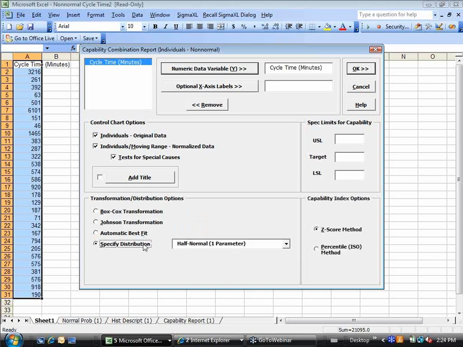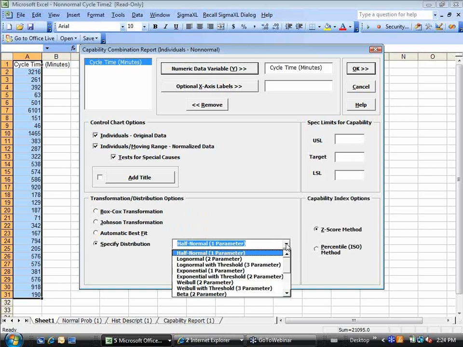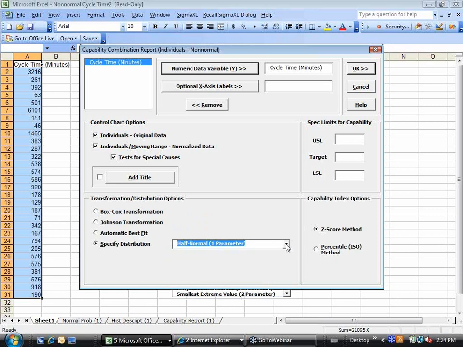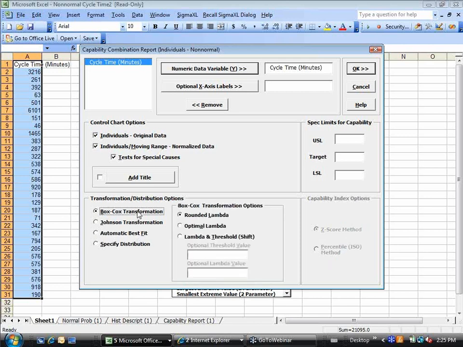There are also a number of different distributions that are permitted: log normal, exponential, Weibull, beta, gamma, logistic, log logistic, largest and smallest extreme values, so there's quite a few choices here. And for most practitioners, it would be a very difficult choice selecting a particular distribution. So what we have is this automatic best fit, and it will go through and find the best possible fit. Let's start with the Box-Cox transformation,